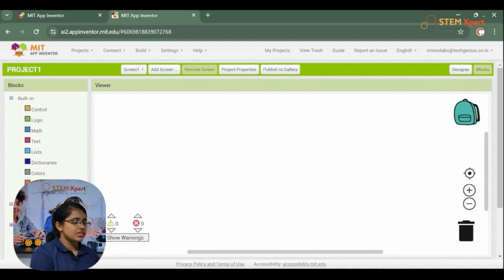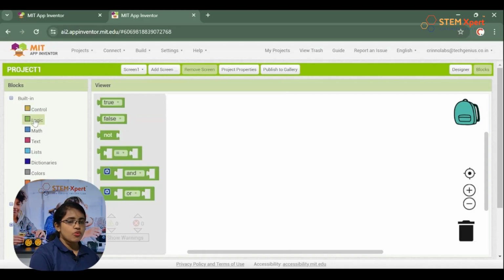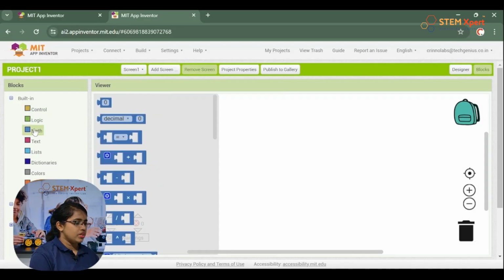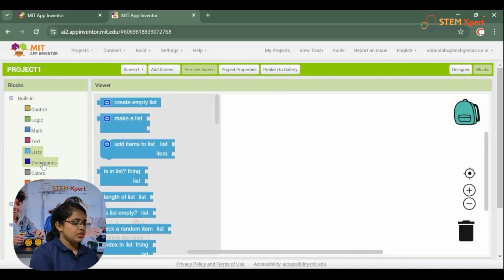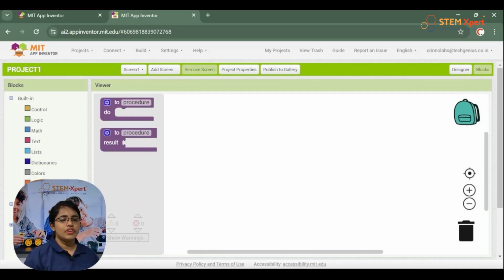Inside this we can see the screen and enter, that is, the components that we added in that particular screen. The enter is a button, and inside that button we can see some codes. Inside each block we can see some set of codes or blocks. Did you see? Yes. So this is about the blocks, and we will learn the blocks when we create an